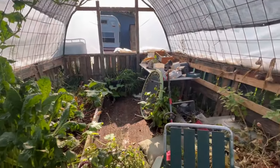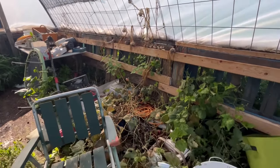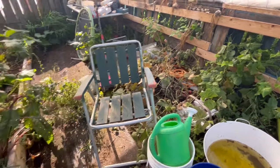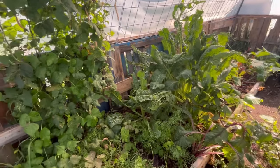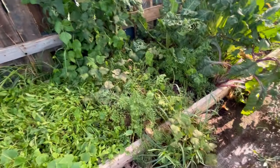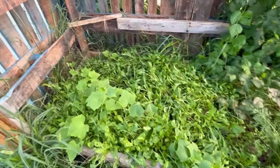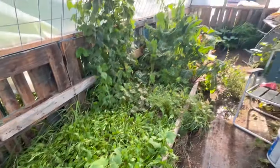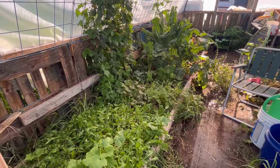But yeah, the greenhouse is a disaster area, so we are going to come in here. We've got a few heads of garlic drying over there, some vines that came on, seeds that were dropped. So we are going to clean this all out, rip everything out here, and start fresh. We are being entertained by lots of grasshoppers here. Okay, so yeah, the greenhouse is a mess, but you know what? This is a quick and easy fix. It really is. We're just going to rip this all out, give it a little bit longer, rip it all out,